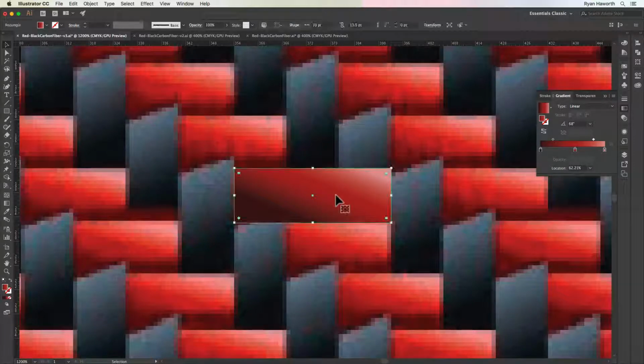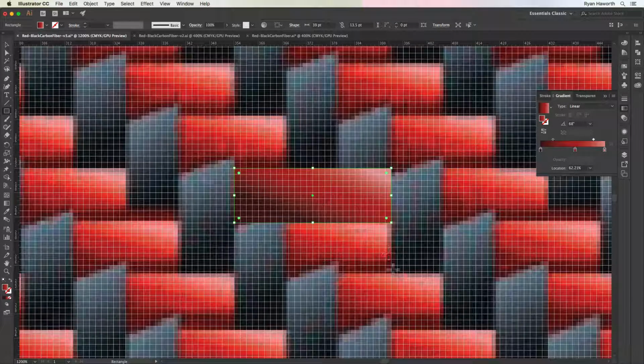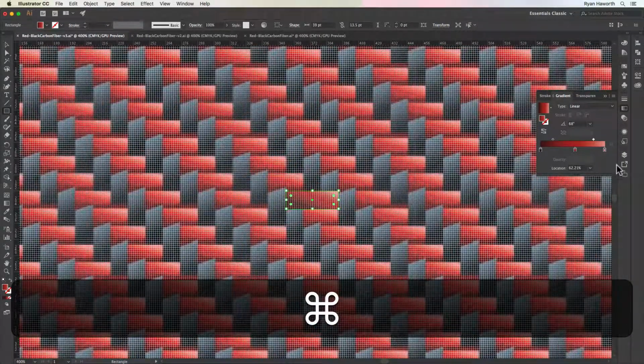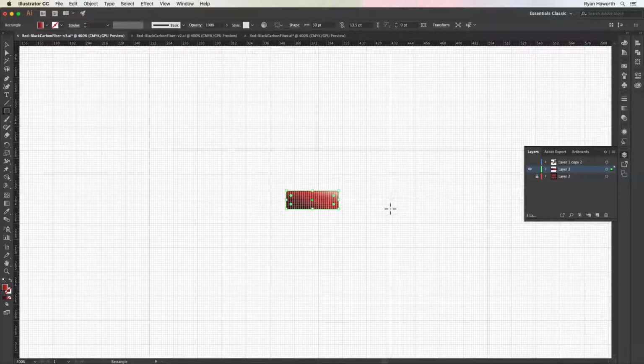Now what we need to do is the upright in the gray. So let's again go to M for our rectangle tool, and we can turn the grid on. What we really want to do is just select and make a guess of what that's going to be. However, let me show you one thing that would make it a lot easier. If we zoom out our grid a little bit, turn off that background layer that I had there,